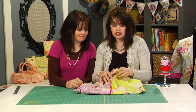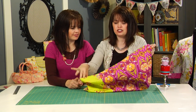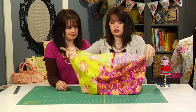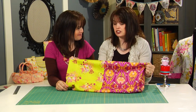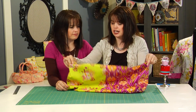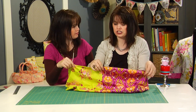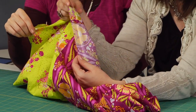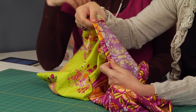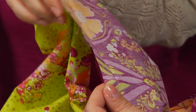Okay, what you're going to want to do is turn the outside of the bag inside out so that you've got the pretty side showing this time. And what I want you to do is take both of the bags over to your ironing board and press the top side of each bag down about 1/2 inch, 1/2 to 3/4 inches. Just like that, and make a very visible crease, as you can see here. So take it over to your ironing board, press, and then open that crease up again so that you can